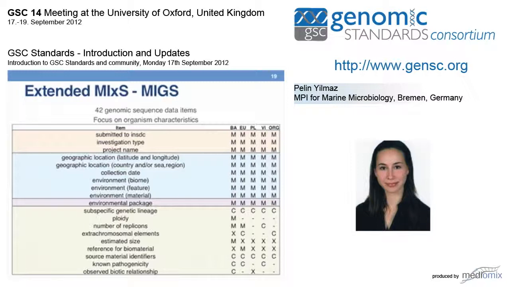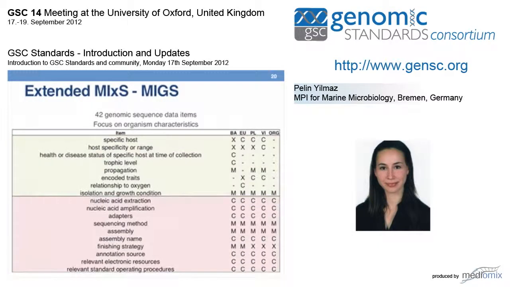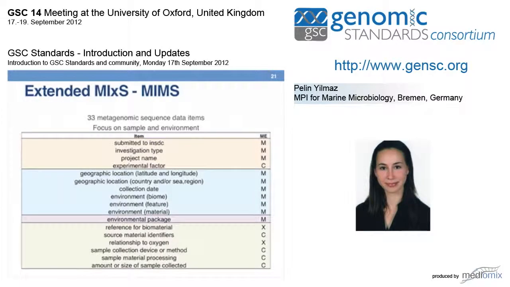Right. So a genome would traditionally come from a culture, so you would know all of these parameters. But when you look at, oh, sorry, there's more MIGS actually. There's also a lot of information about the experimental methods. But when you look at MIMS, the metagenome, then